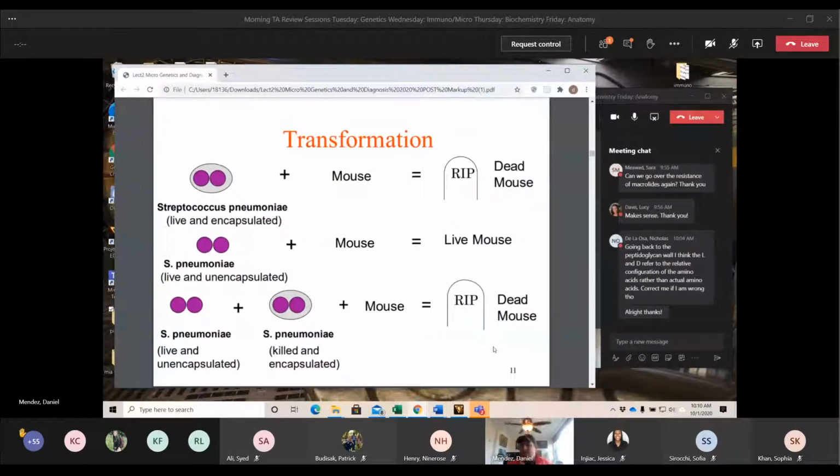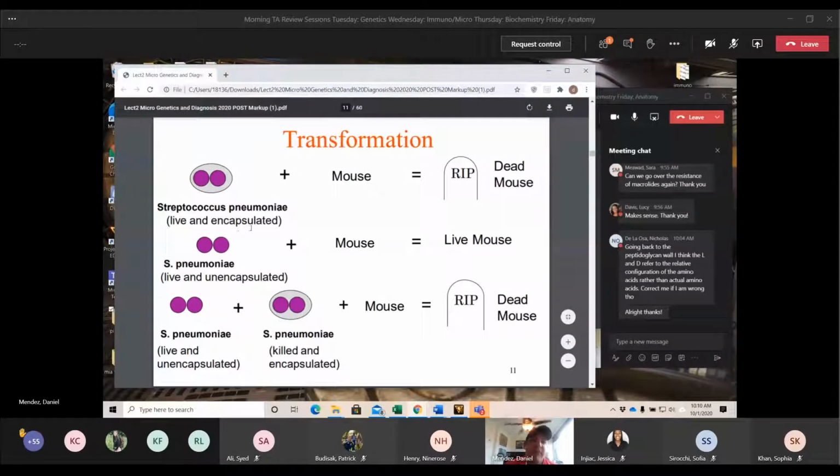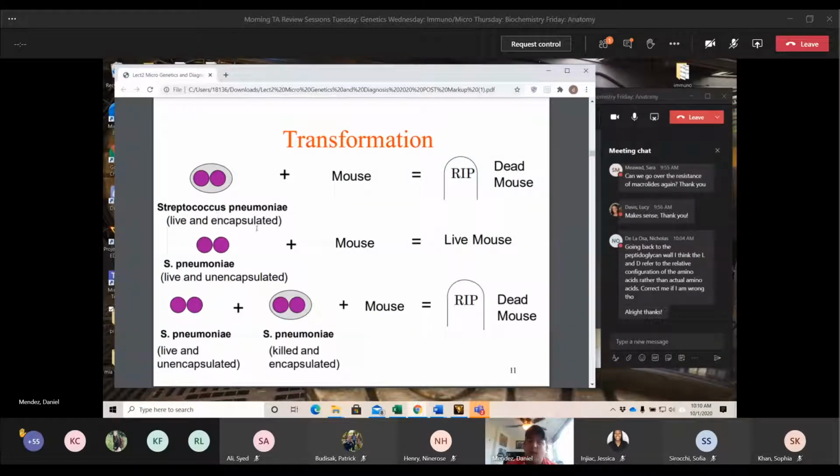Transformation is just uptake of naked DNA to exchange those certain factors, those pathogenic factors. In this first example, we have a live encapsulated Strep pneumoniae. The capsule is what allows it to be pathogenic because it can avoid the immune response. And it is live, so it can function.